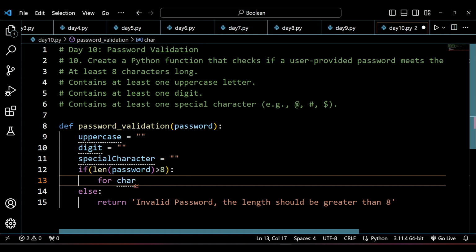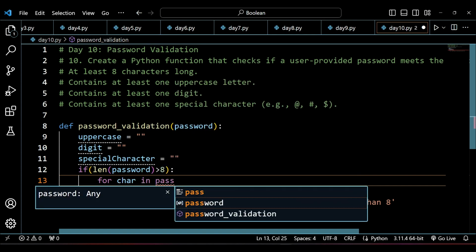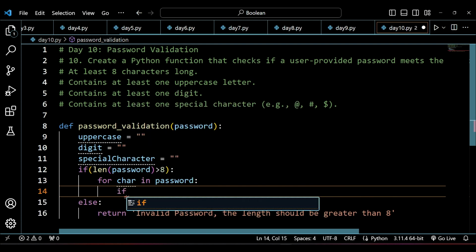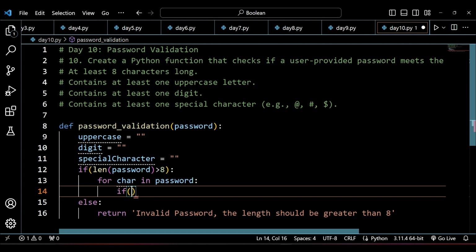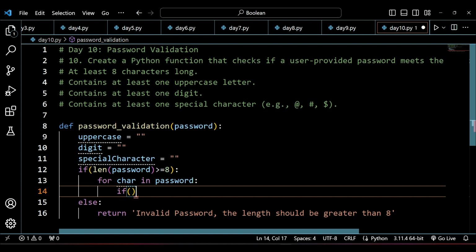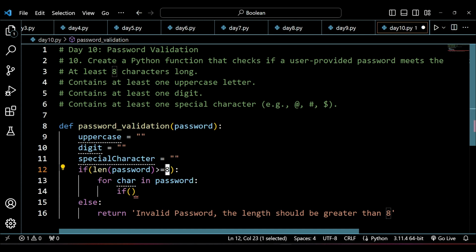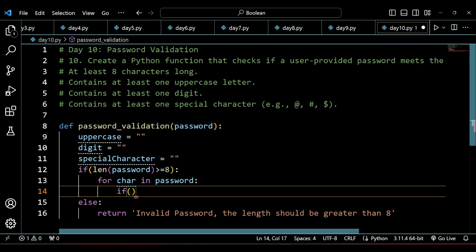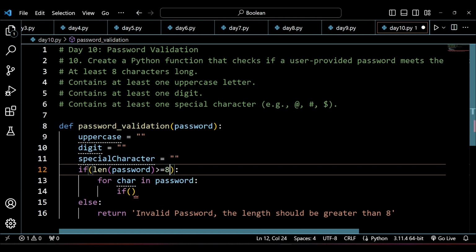So for characters, for char in password, I have to check what? First of all, I have checked whether the length is greater than 8 or not, right? It says at least 8 characters, so I can write greater than or equal to 8, which means 8 is also acceptable. But if it is less than 8, let's suppose it is 0 1 2 3 4 5 6 7, then till 7 it will not be acceptable,